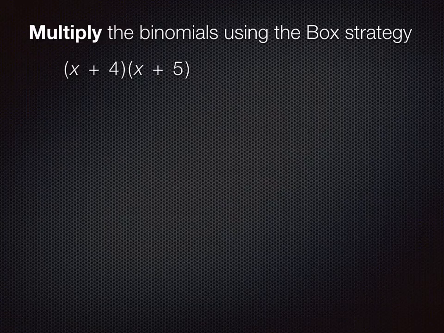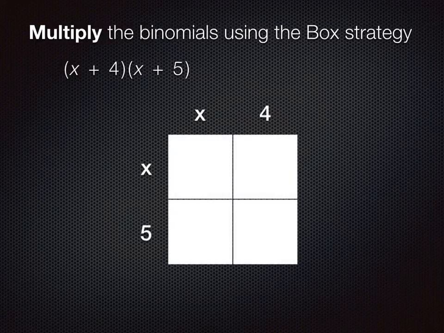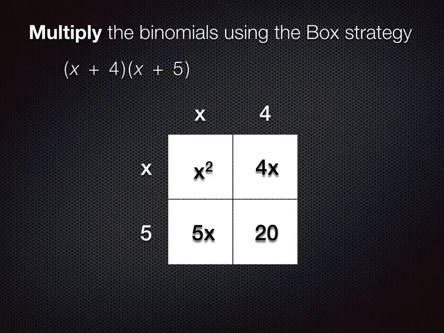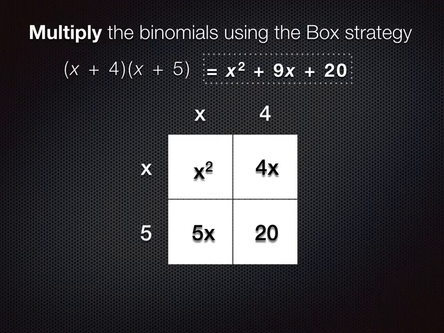But we also had a strategy called the box strategy, which was helpful to multiplying binomials. And it's similar to the lattice with whole numbers. And when we find the product, we're just going to combine the like terms. Our final answer will be x squared plus 9x plus 20. And so what we want to do is we want to be able to factor a trinomial using a box strategy as well. But before we do that, let's look at the structure of the trinomial and how it compares